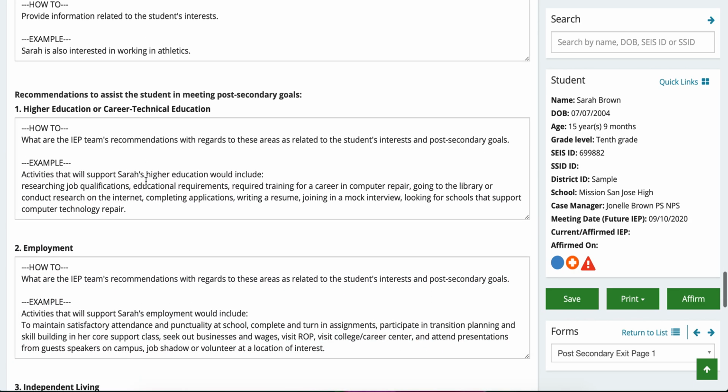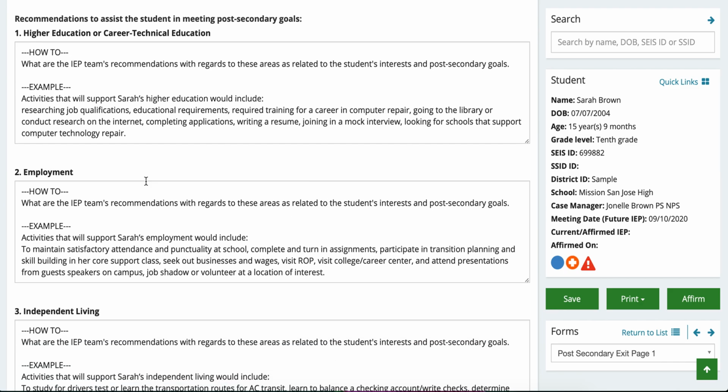And as we scroll a little further, we have recommendations to assist the student in meeting their post-secondary goals. So higher education or career technical education, what are the IEP team's recommendations in regards to these areas as related to their interests in post-secondary goals? These can also be found within the transition plan, but I don't think it is worded exactly like this, but just reading through your ITP, you'd be able to get information as to what are we going to do for the student in order for them to reach their educational goal, in order for them to reach their career goal, as well as their independent